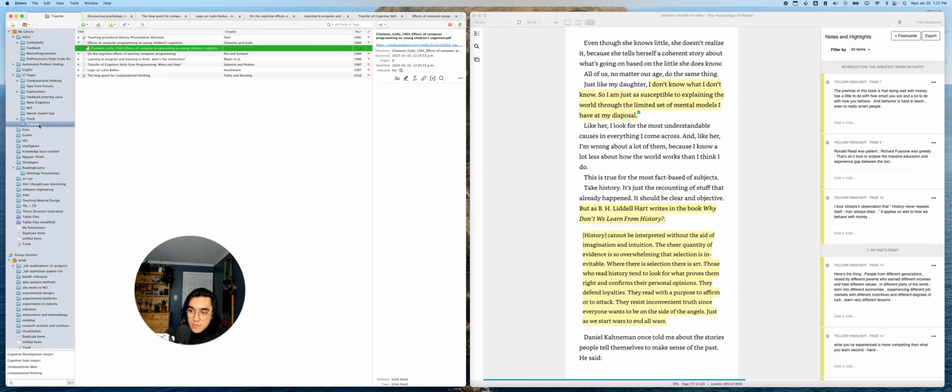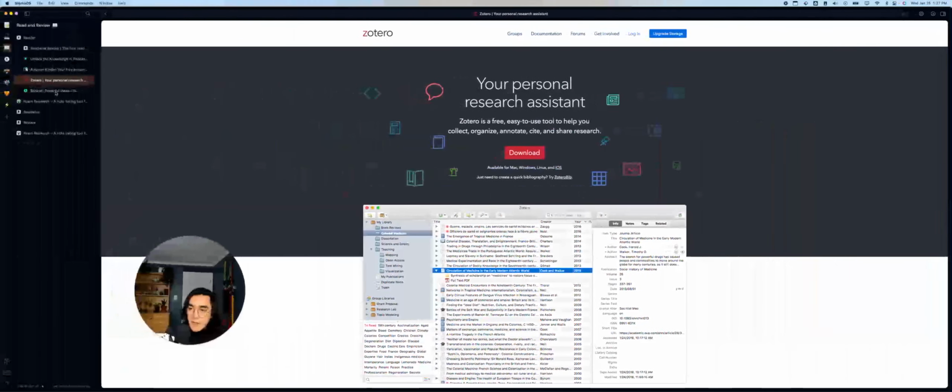It also auto-generates bibliographies for you, in various formats too. You'll have to make sure everything's correct, but it's a really strong starting place. Really great way to keep track of all of that stuff. Okay, I think I have one more thing.